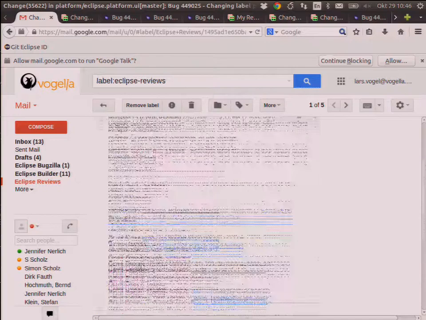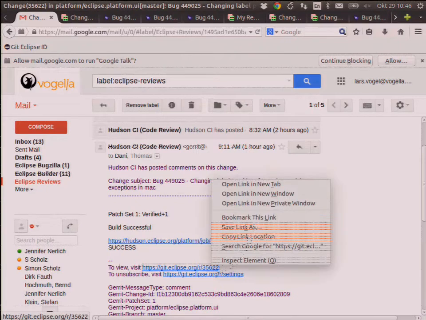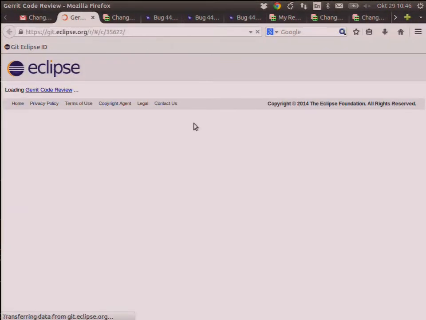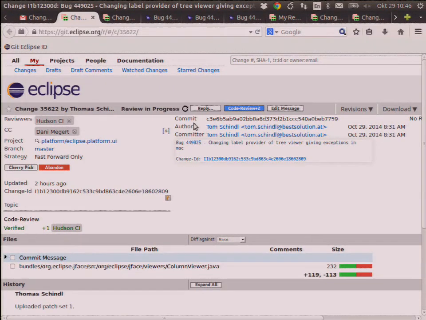It has been built. We are validating every change which is uploaded to Gerrit via our build server to ensure that it compiles, right? So if you're a new contributor, at least you know it compiles. So you're taking away the burden that it may break the build. I can also open that up and look at the details, what Tom is doing. It takes a while.